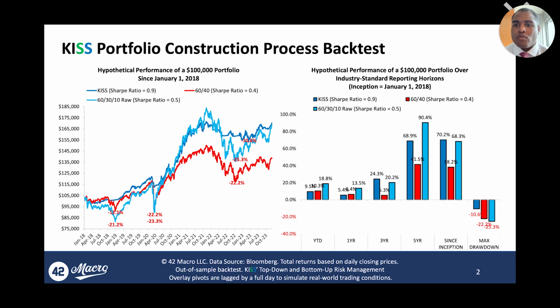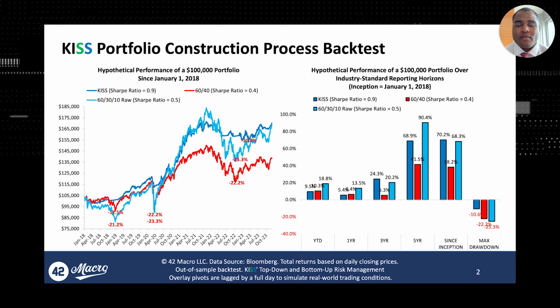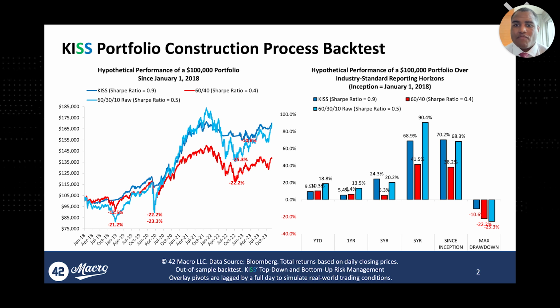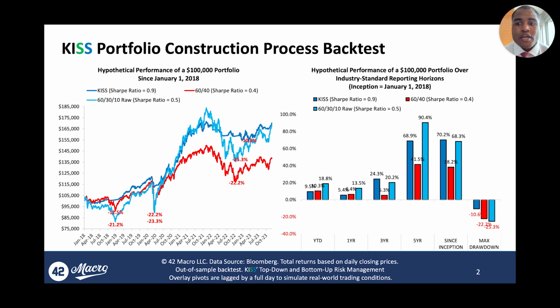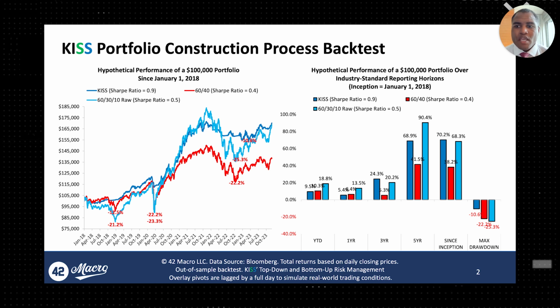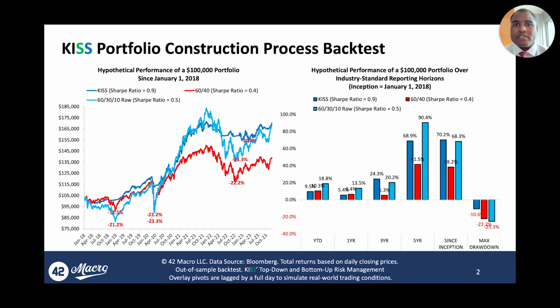If you look at the chart on the right, you see that KISS, our flagship asset allocation process here at 42 Macro, is outperforming 60/40 on any relevant duration, and even outperforming the 60/30/10 raw approach on any relevant duration. And one thing I would say I'm most proud of is the max drawdown statistics, the risk management statistics,